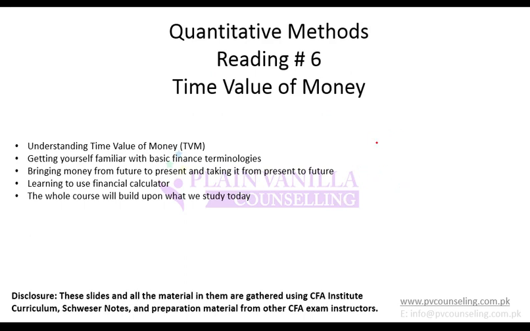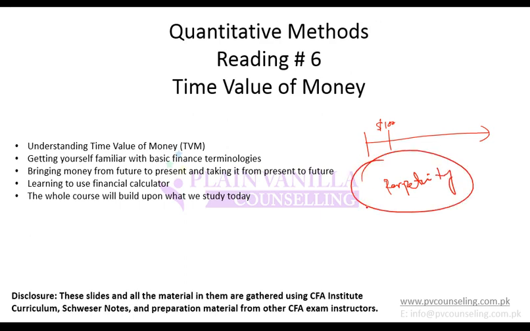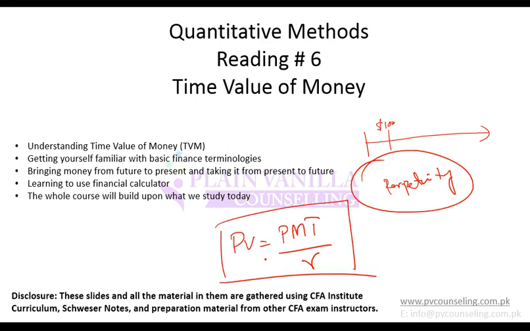So this is the NVD with a definite period of life. If there is an NVD which continues forever, in which there is no definite period, there is a constant cash flow happening forever, that is known as perpetuity. Perpetuity is that NVD which does not have any life, or which has infinite life, or which continues forever. And the present value of perpetuity, remember, is payment divided by return. So you just divide payment by the discount rate, that gives you the present value of perpetuity.